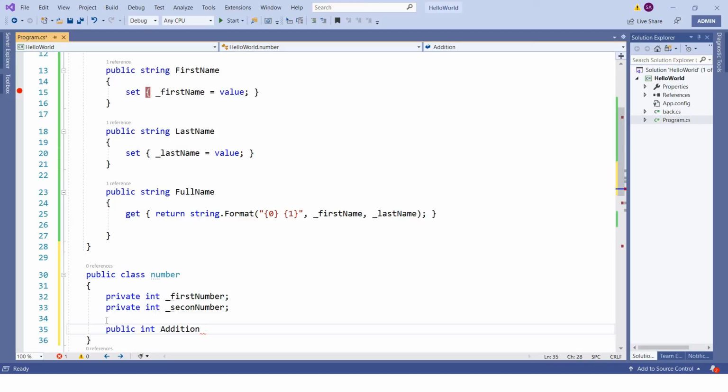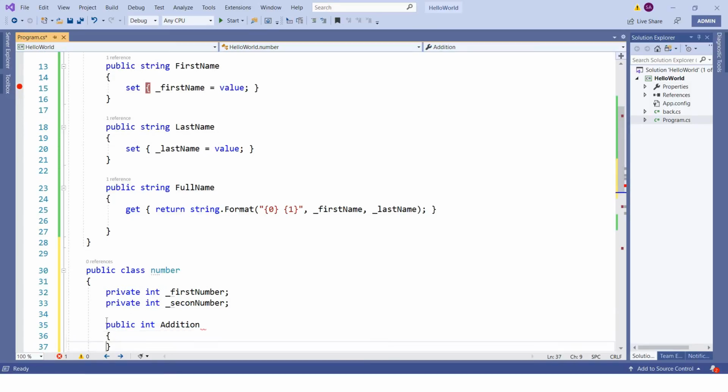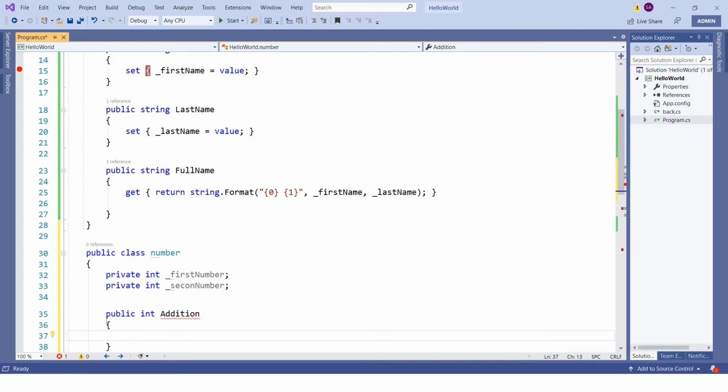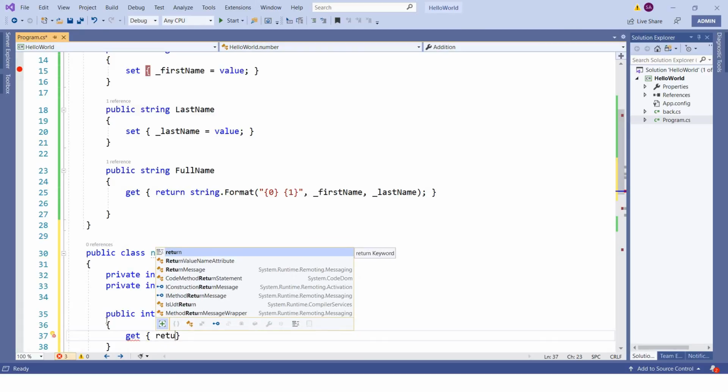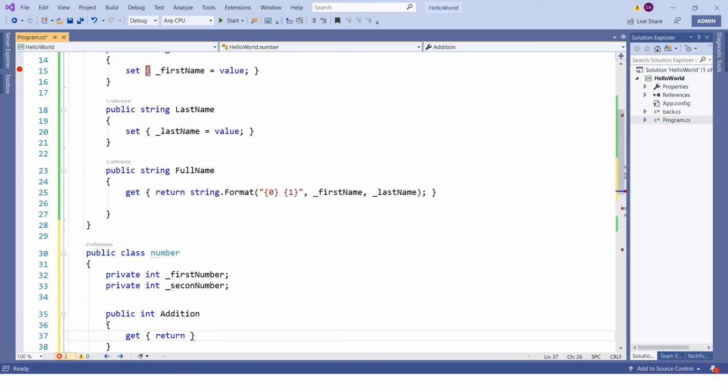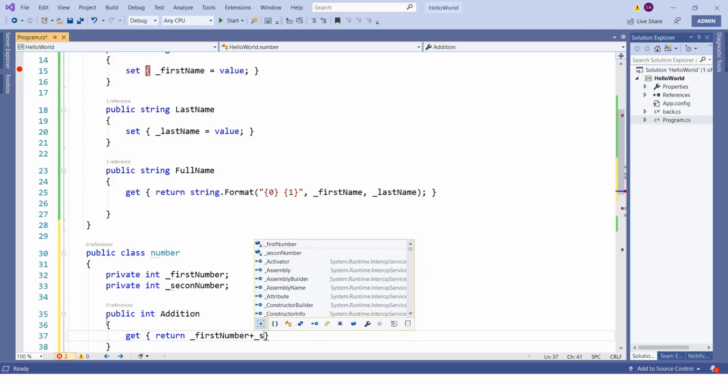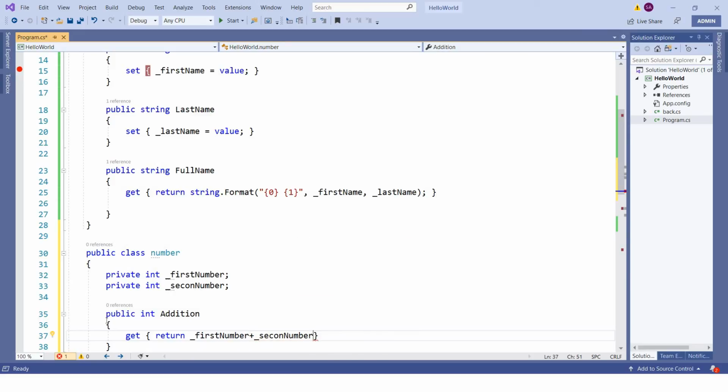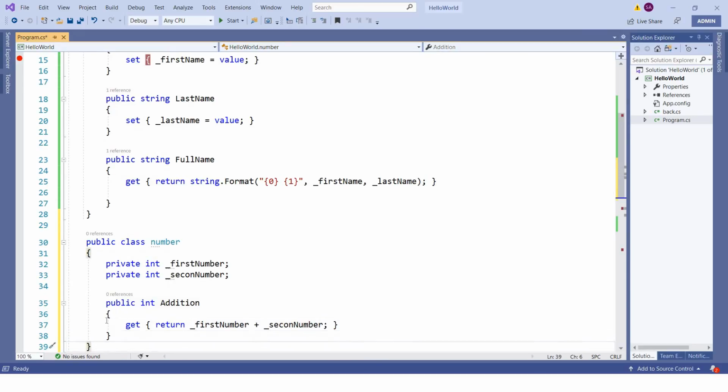I'll simply add the first number and second number and return that. Here again I don't want to have any setter, so we'll have only get, and here we can have any logic: return underscore first number plus underscore second number.